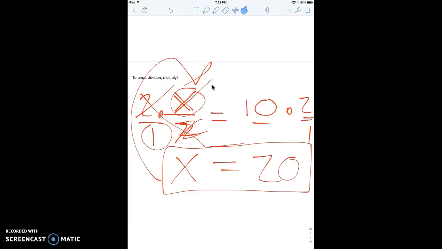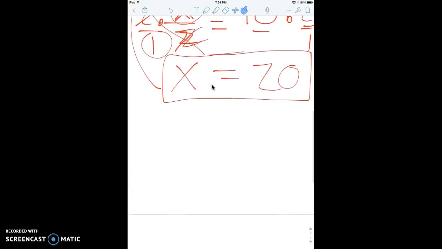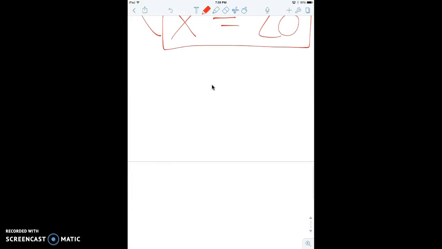I'm going to give you one more division problem because division is just a little bit crazier, and do it a little bit faster. If I have a problem like x over 6 is equal to 42, we know we're dividing on the left side, and in order to undo division, we're going to multiply. We have a 6 in the denominator, so we're going to multiply by a 6 in the numerator. And whatever we do to the left side, we have to do to the right side. Sorry, I ran out of room there. So we're going to multiply the right side